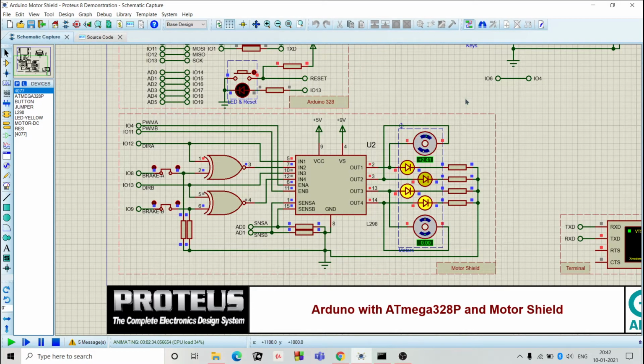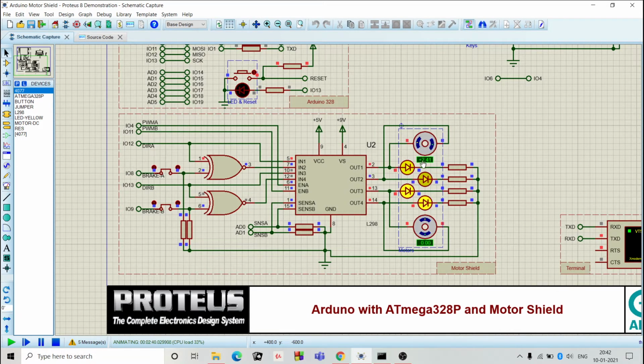For the DIY lab assignment 4 part 1, I have created a project on the Proteus software under the category Arduino Motor Shield. This is the schematic capture of my project and currently the project is in simulation. This is the motor. There are two motors on the motor shield. Currently motor 1 is operating. The RPM value of this motor is 2.41.